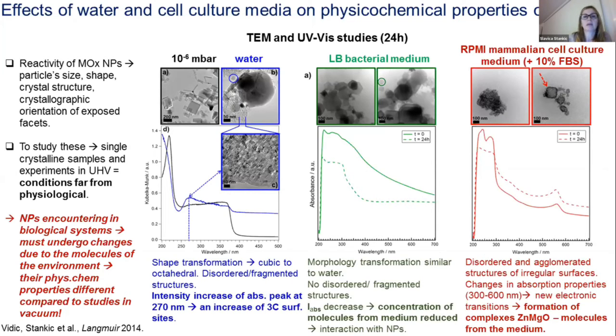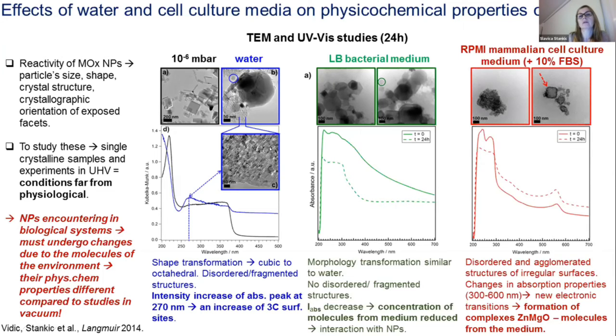should have some impact on its morphology and other physical-chemical properties. We did, again, dissolution of those nanoparticles in, as I said, water, and then a typical medium that you use for bacterial growth or mammalian cell growth. And we looked at the morphological changes. We already knew from the fundamental point of view what happens. We had already done studies on the interaction of water on MgO, for example, and we knew that